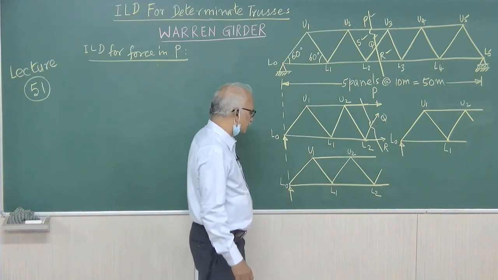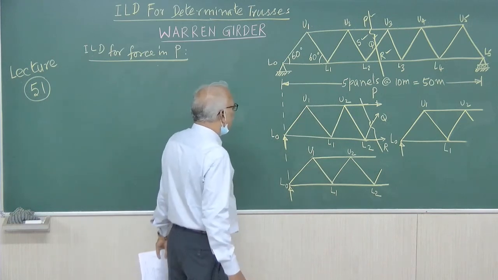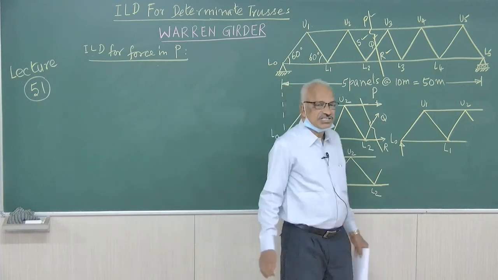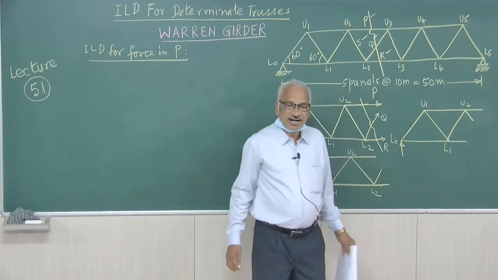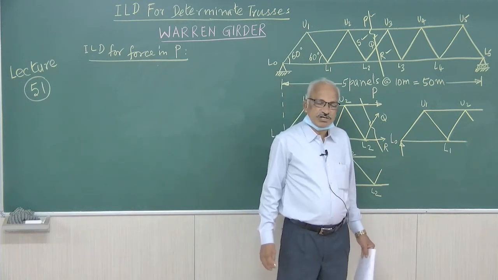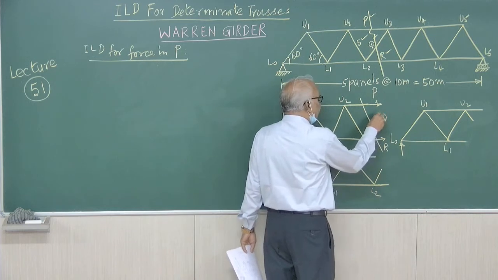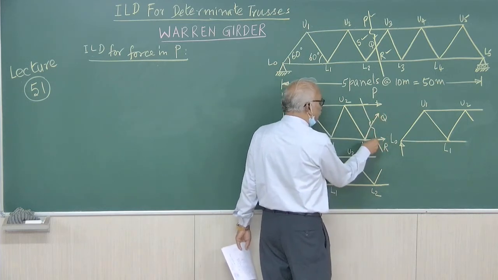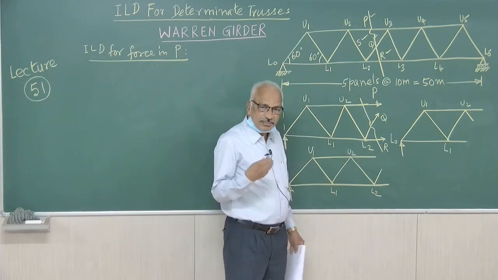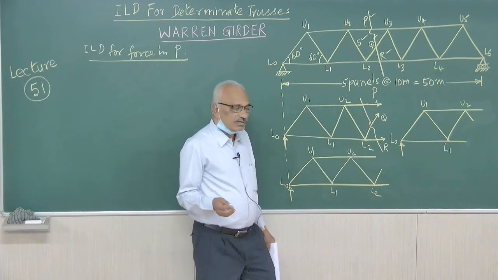Now, when we want ILD for the member P, in the method of sections, there are other two cut members. When we want to find out the force, the technique we use is, the other two cut members meet at the point L2. So, if we want to eliminate Q and R, we will choose the point